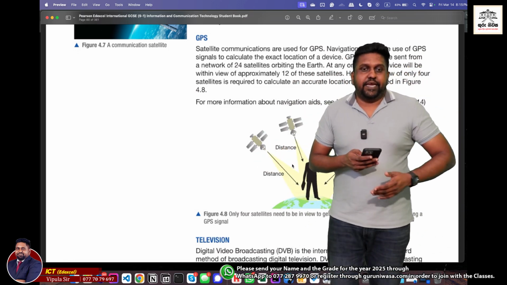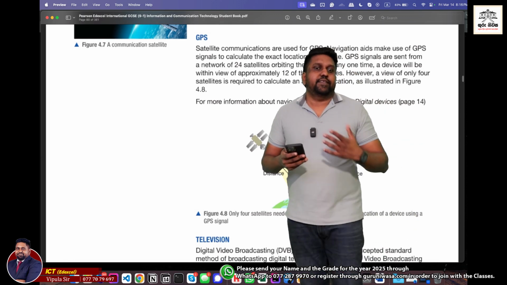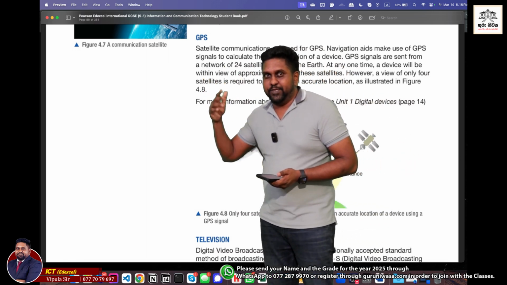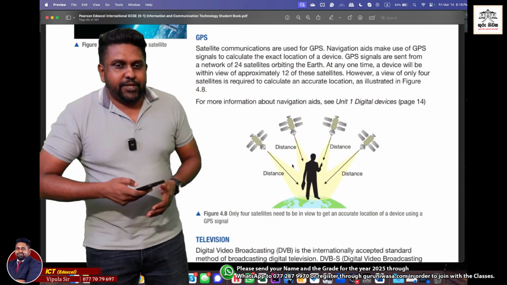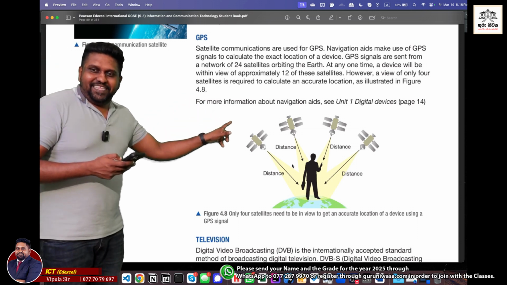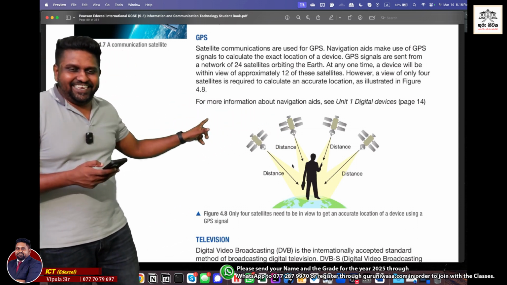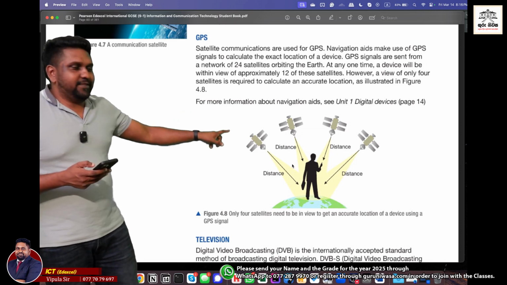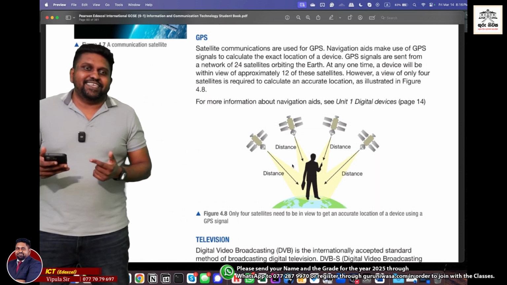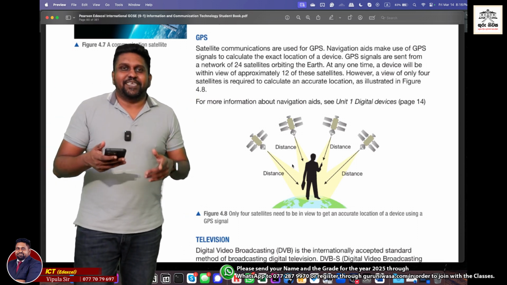How it works is you have a device, and your device can be directly connected to one of these satellites in orbit. You will have a certain set of satellites over you, and how it calculates the location is it connects with multiple satellites, and it gives you a triangulation location to find out